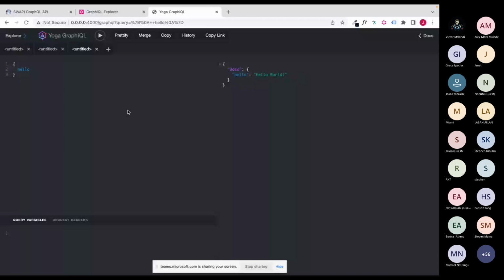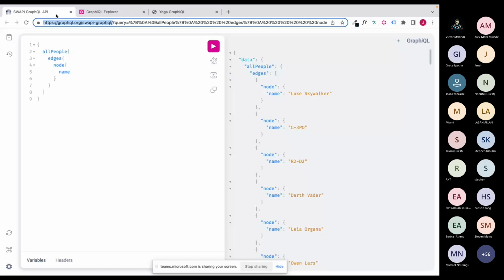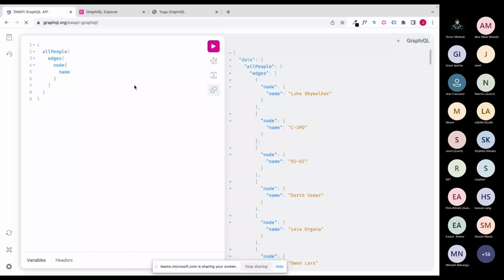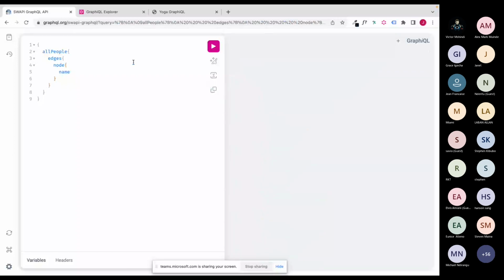For this I'll use third-party open APIs that you can also play around with. One of them is this API for Star Wars, for fans of Star Wars. You can check this out. This is an open API that you can play around with. And again, this is a service that lives in isolation.